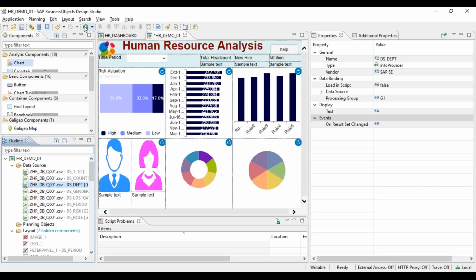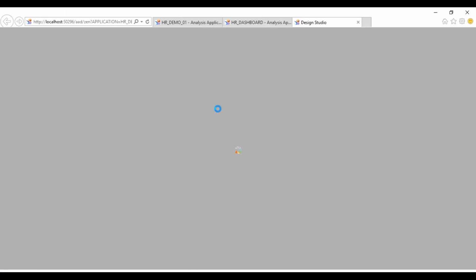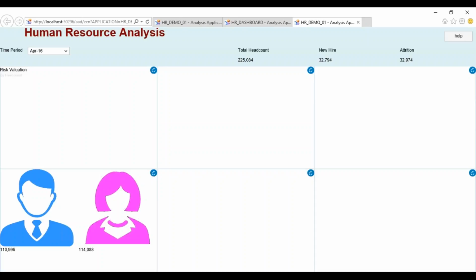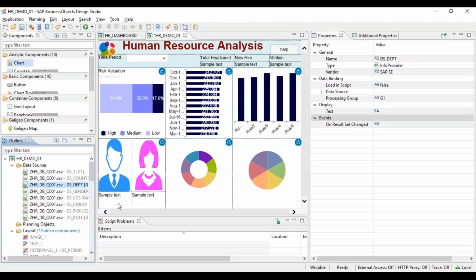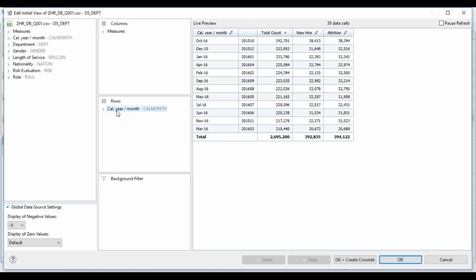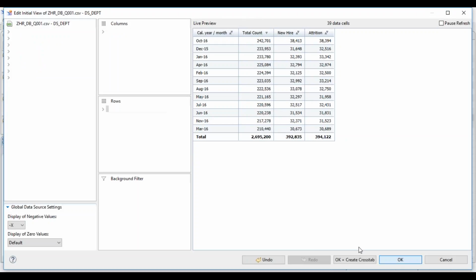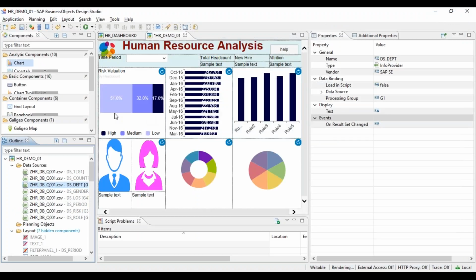So now if we run, we are showing the date on the charts. It is showing April 2016. We are showing the key also in the edit initial view. Let me just remove the key, so we are displaying only text.